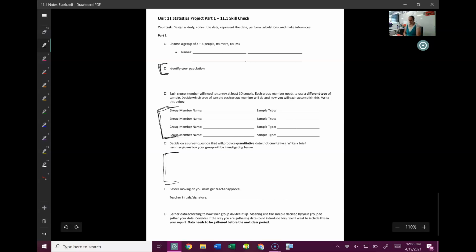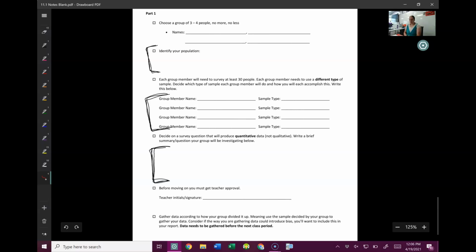And you all need to decide on the same question that you are going to ask. So your population and your question need to be the same for your entire group. The only difference is that everyone is going to use a different type of sampling. Once you fill this out, you will submit a picture of it through Canvas, and then I will pass it